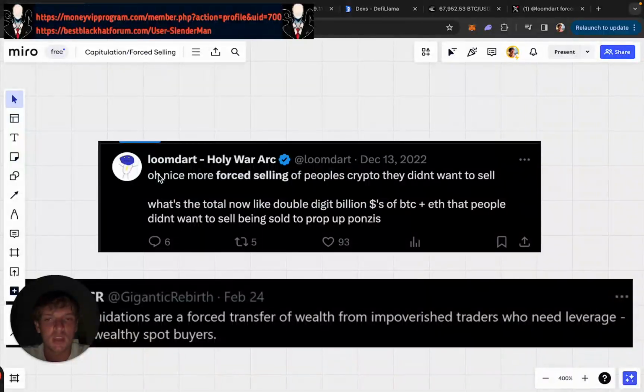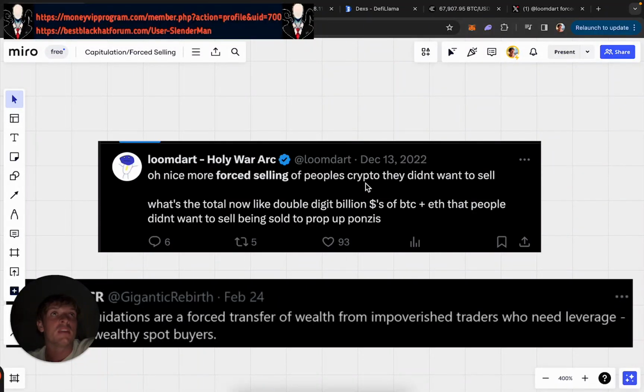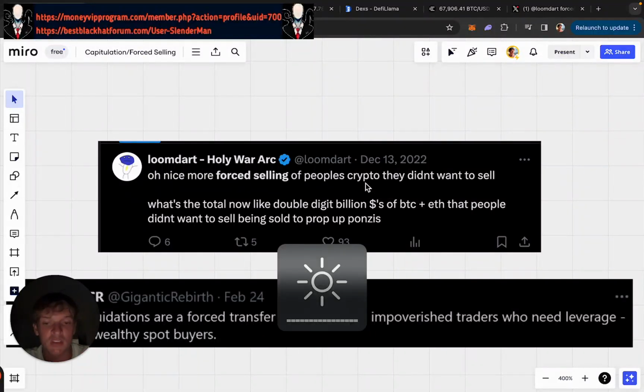forced selling is what he was talking about here, because remember what was happening during the last crash. FTX collapsed. That led to systemic risk in basically the entire crypto market, because people had lent money to FTX. That money was now gone, meaning these companies basically lost their money. Also, a lot of projects had money stored on FTX. They might have had their treasuries kept on FTX. Well, that's gone now because they can't get their money out. A lot of people and projects had their money in the FTX token. That went to basically zero.